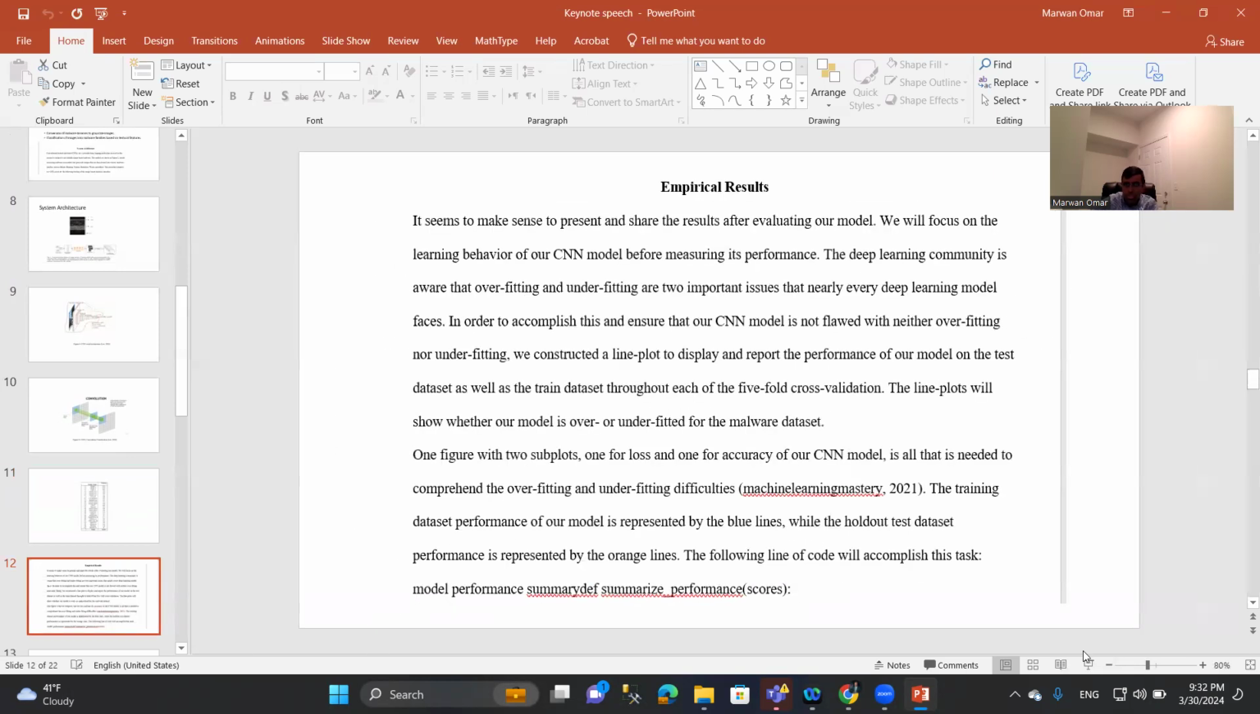For the empirical results, it seems to make sense to present and share the results after we evaluate our model. So we focused on the learning behavior of our CNN model before measuring its performance. The deep learning community is aware that overfitting and underfitting are two important issues that nearly every deep learning model faces. So in order to ensure that our CNN model is flawed with neither overfitting nor underfitting,